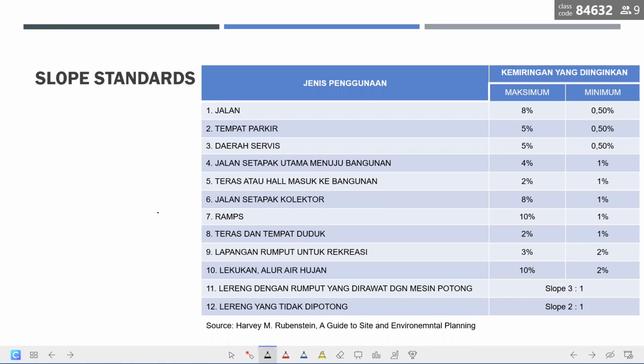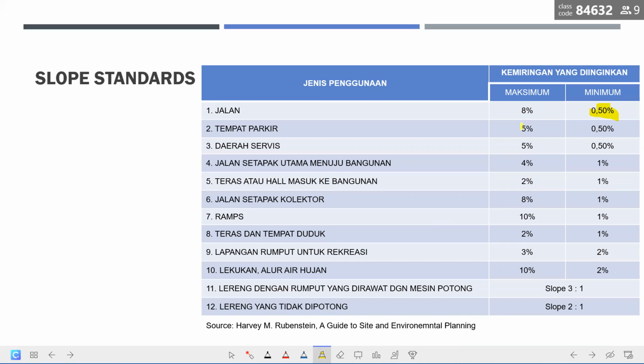Here are standard slopes that you would want in your site. So for streets, roads, or paths, you would have a maximum of 8% slope, a minimum of 0.5. So you might be thinking, why can't the minimum be absolutely zero? Well, we don't want an absolute zero surface because